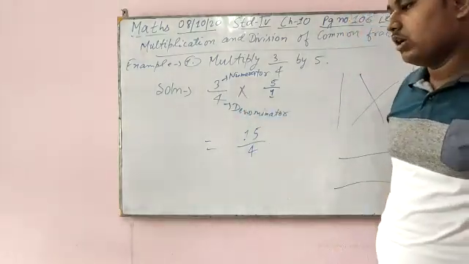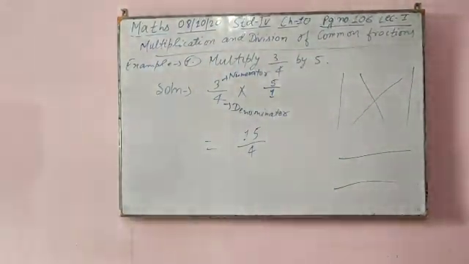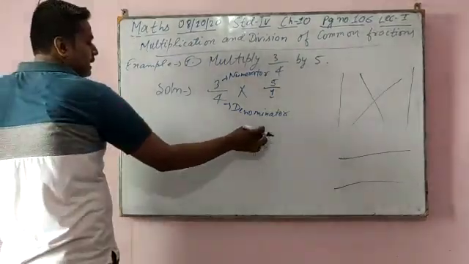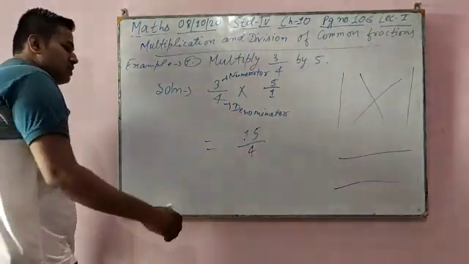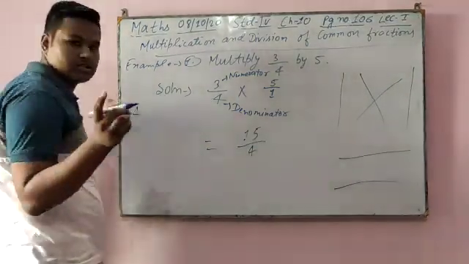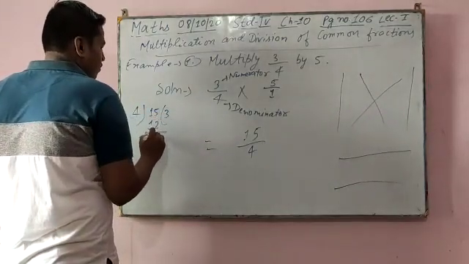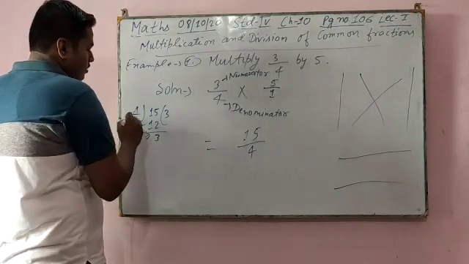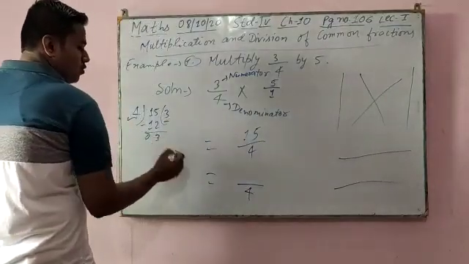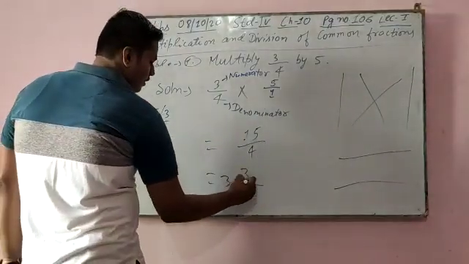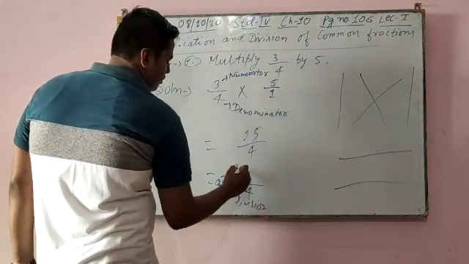4. Okay. Now see, I have already told in earlier classes that when the numerator is greater than the denominator, then we can change it into a mixed fraction. So how can we change it into a mixed fraction? See, divide 15 by 4. 4 into 3 is 12, and see, this is what? Divisor. So divisor we write here in the denominator. Now this quotient we write here and this remainder we write here. Okay, here it is quotient, it is divisor, and this is remainder.